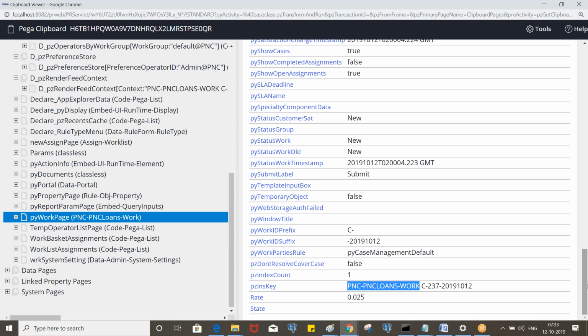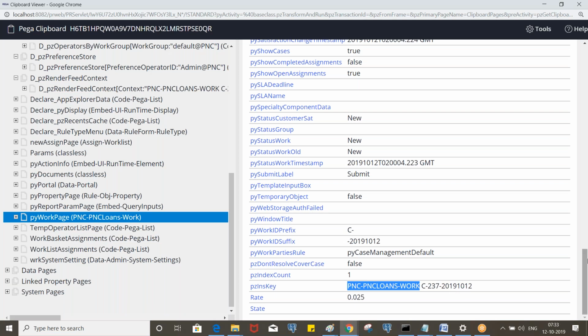Now let's say we have a key, let's say C-1. That can be the primary key of some other class also, right? It can be the primary key of customer details, employee details, or a work class; it can be the primary key of any class. But if you look at class as well as key together, then the same thing will not be available for another class. This is unique across the system. So the class and primary key value is unique across the system.